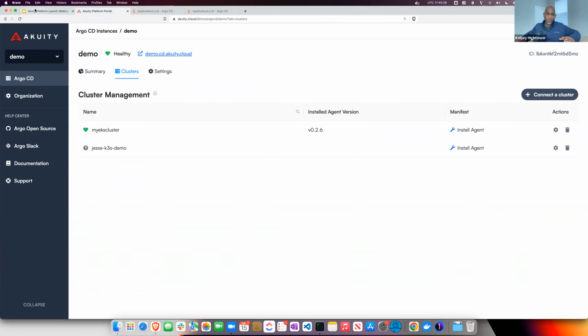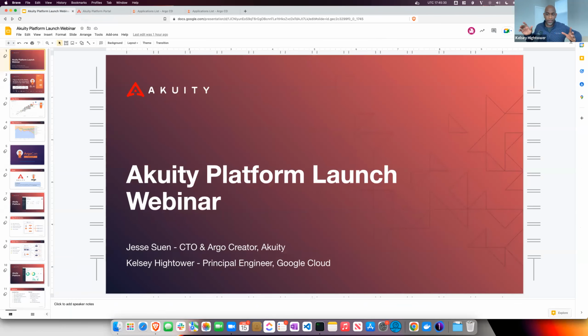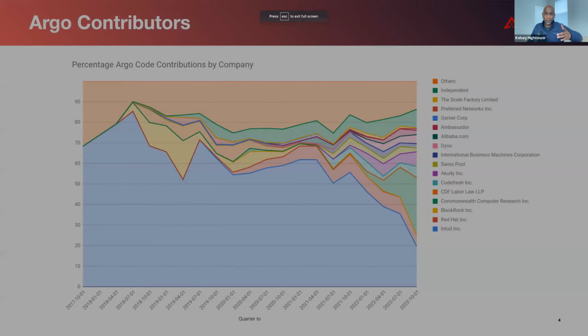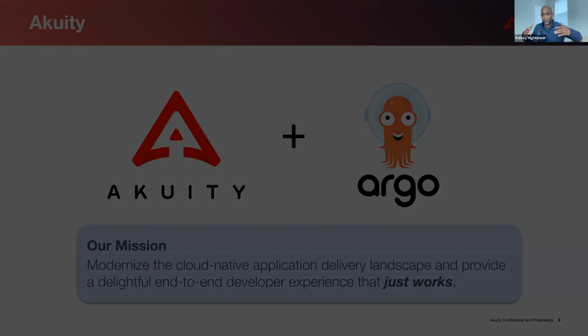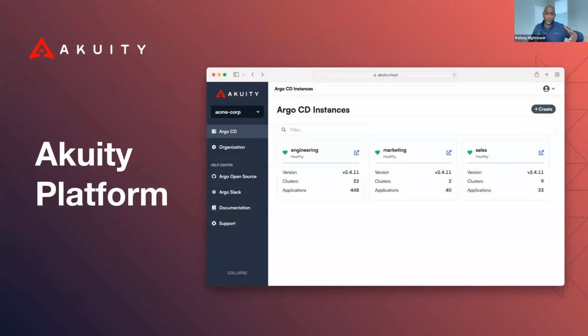All right, we saw a lot there, and it definitely looks like there's a bunch of new components here. Number one, there's this new UI to manage things that I remember dealing with through config maps and command line tools. So the first question I have is, what do you have to change on the open source side to get all of this working? Or is it just an overlay that sits right on top?